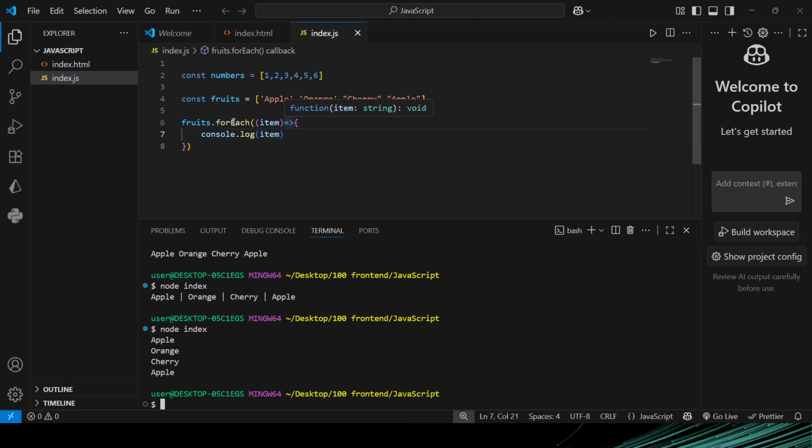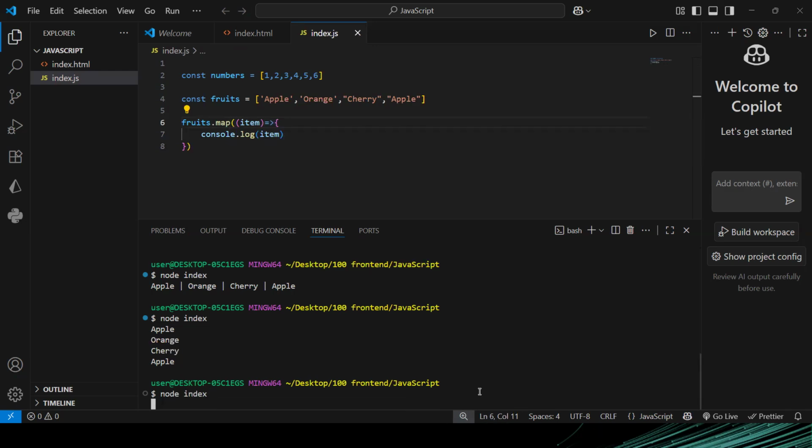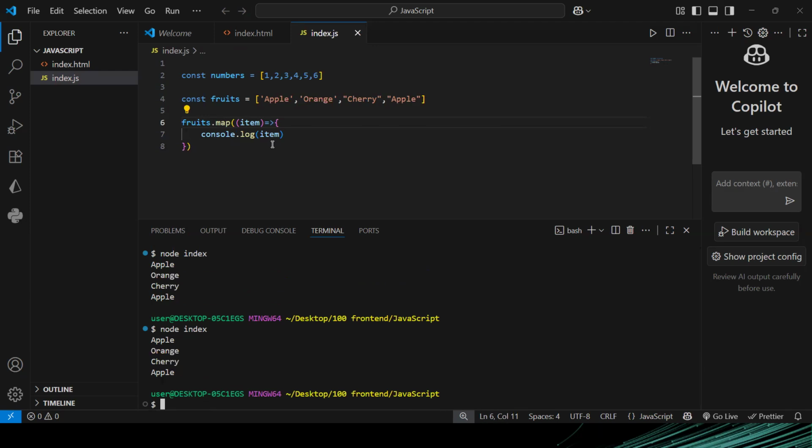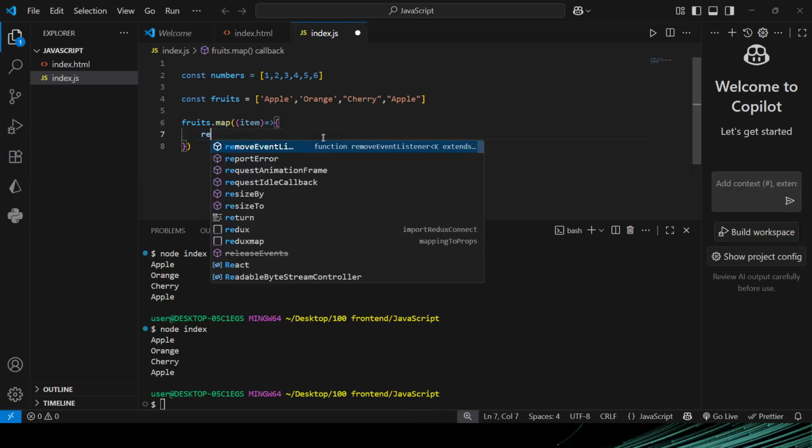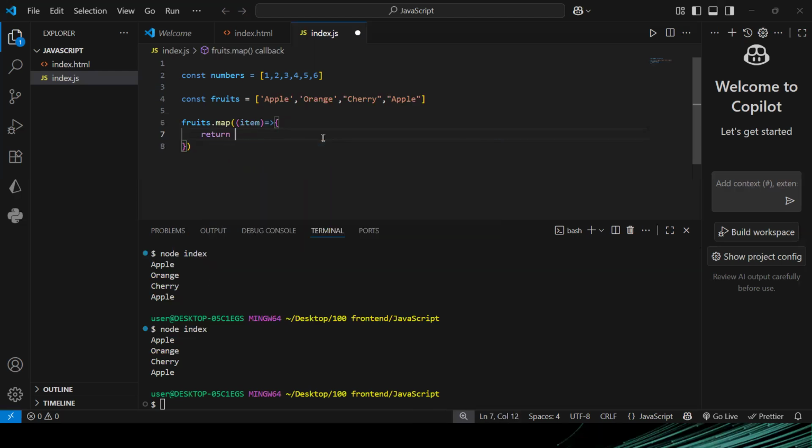We also have the map method. I can use the map method to do the same thing. Basically, if I want to transform, the map method does the same thing, but it is different in that the map method can return. Let's say I want to modify or transform the items. For each of the items, I would want to return something. Instead of console.log here, I could just say return, and then I want to return the item